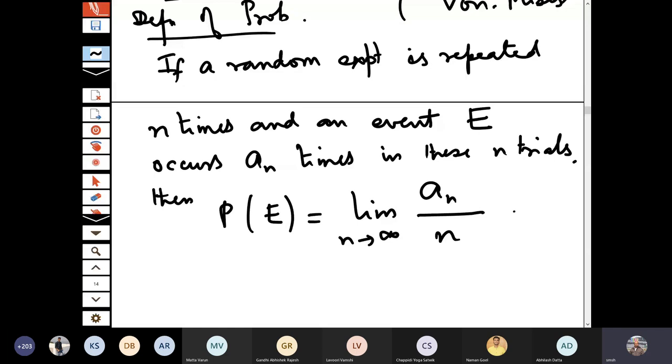Of course, you may say that it may change if it is done more number of times. So in place of 100, suppose we make it 1000, and it happens that in place of 750, it is now 780. So then the probability, you will say it is 0.78, it is not 0.75. The idea is that if an experiment is having a pattern, then over a large period of time, this limit will stabilize. So it will not fluctuate. So if I make it 1000, then it will be slightly more. Yeah, so it can be, but over a long period of time, this value will stabilize and there won't be much change.